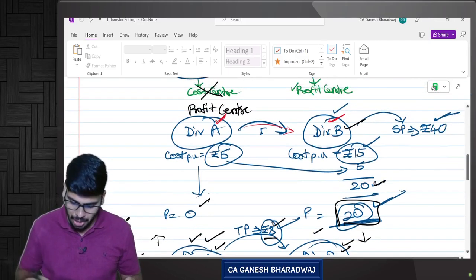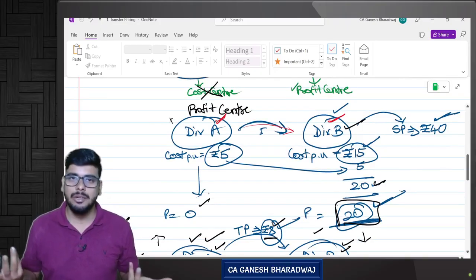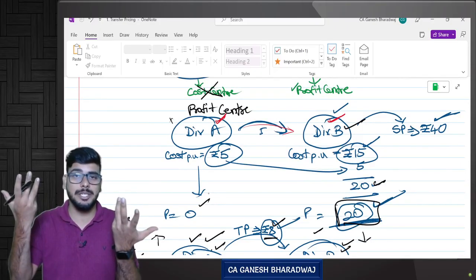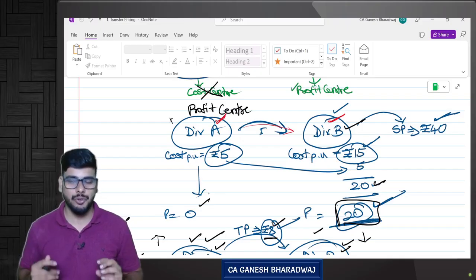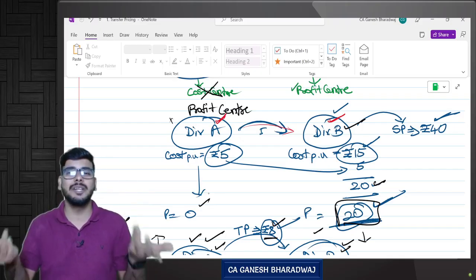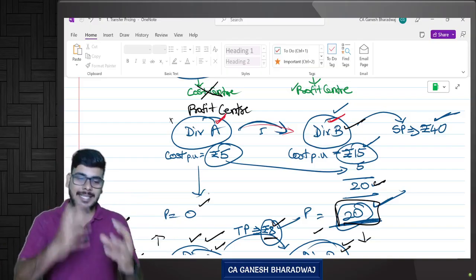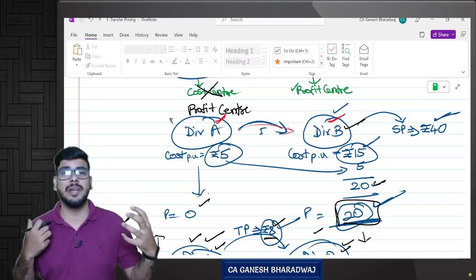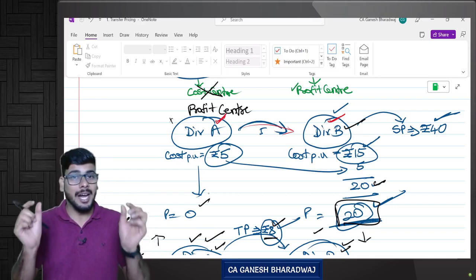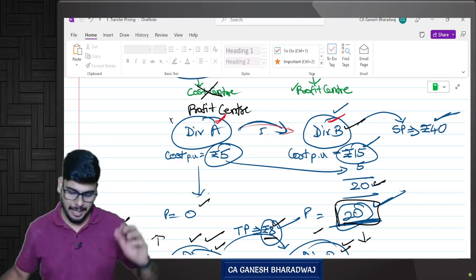And if division A is not motivated, obviously who will supply the bottles to division B? They need to buy from outside, which may prove to be expensive. Correct or not? So in this case, what happens? The entire company will itself fail. So basically the solution for this is to convert all the divisions into profit centers and then create a healthy competition among them in such a manner that all the divisions strive to perform really well. That increases the efficiency, and you can also evaluate the performance of each and every division in a proper manner. Are you clear with this?